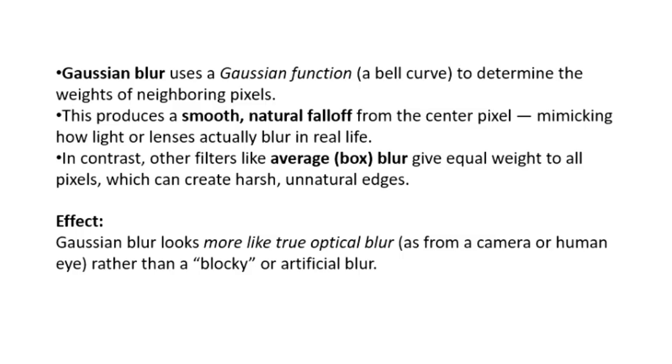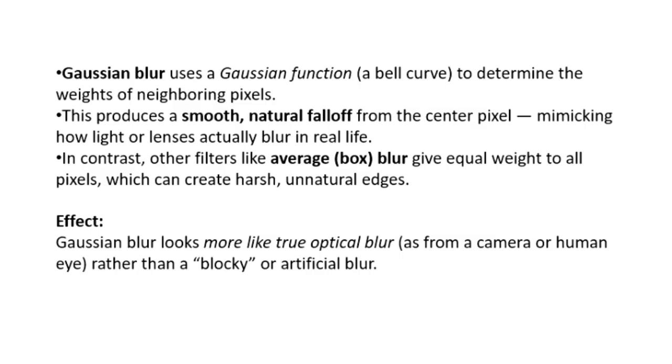Unlike a box blur, which does an average, giving equal weight to all the neighboring pixels, rather than really promoting one. Now, the Gaussian blur looks more like something is blocking the camera, like maybe it's